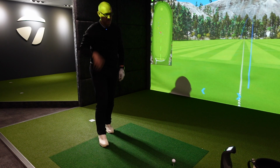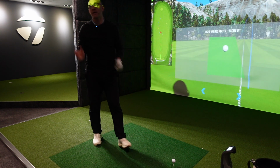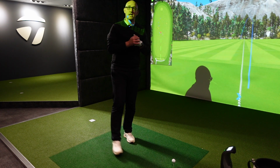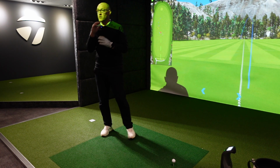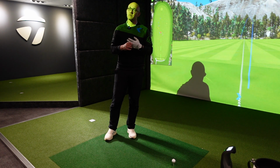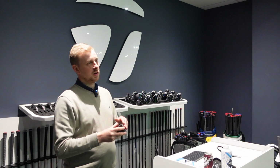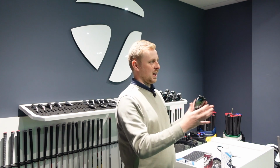Yeah, and that's, I think, sometimes the battle with me with driver. Well, any wood, and we'll have the same conversation with fairway wood in a bit. If it doesn't sit right, it doesn't sit right, and the way I kind of want it to fit my eye, I always naturally struggle. So one of the things that we have with our drivers, which is different to maybe some of the other brands out there,